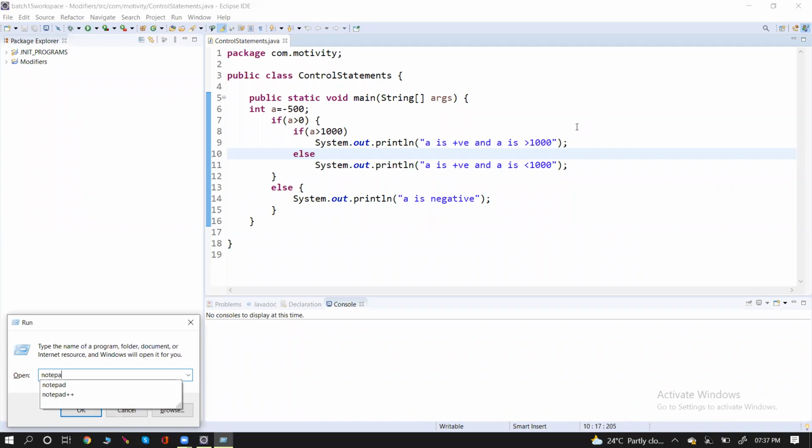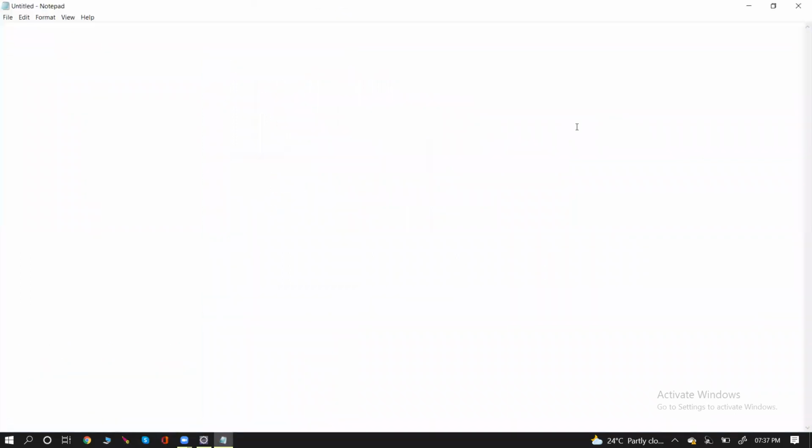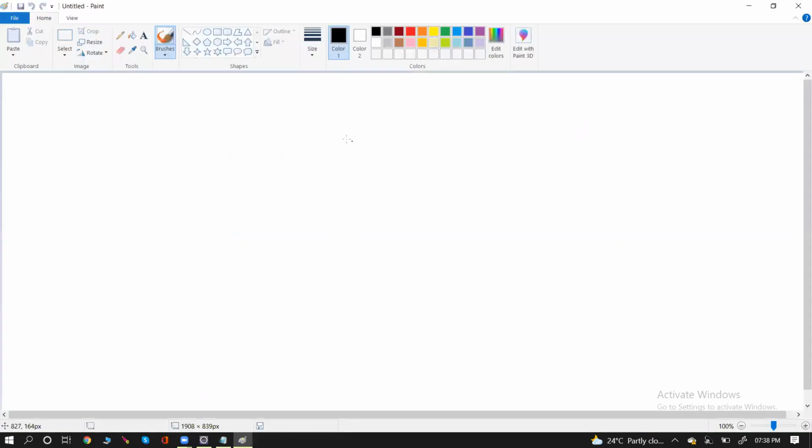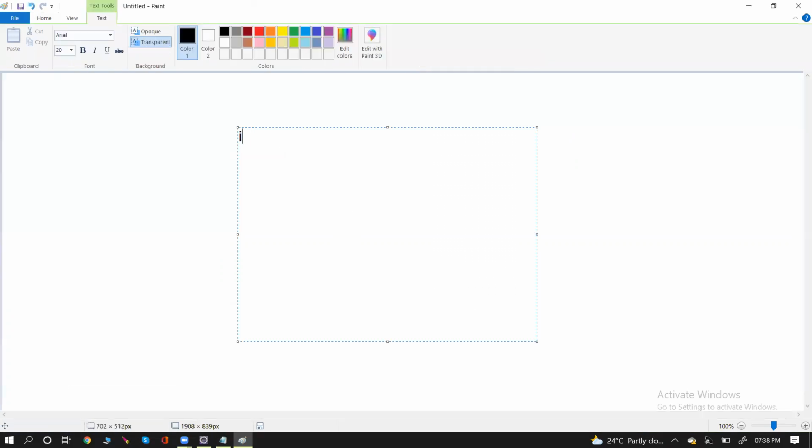So today we'll see the if-else ladder and switch case. Consider the if-else ladder syntax. Let's say if condition 1 is there,